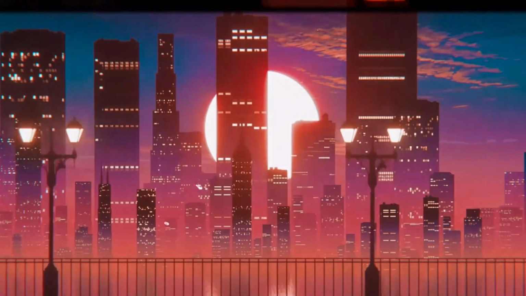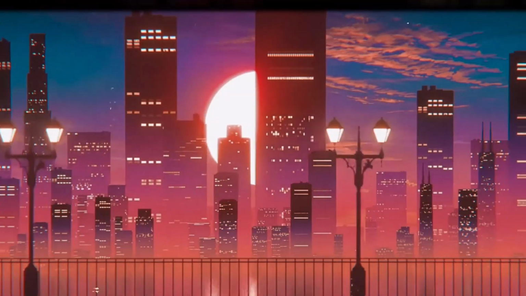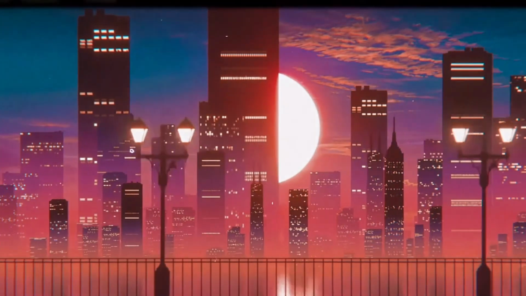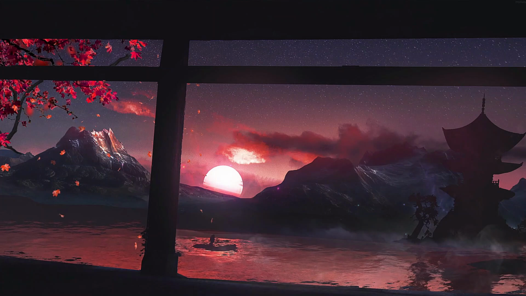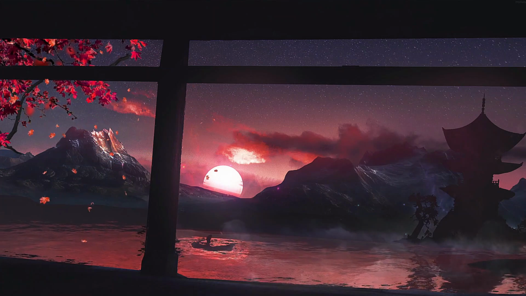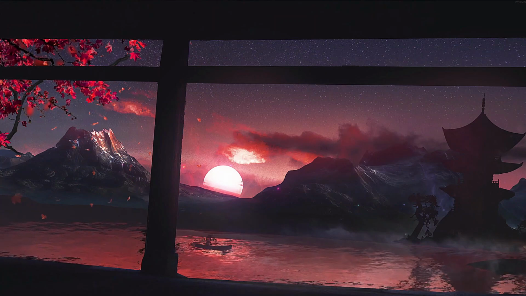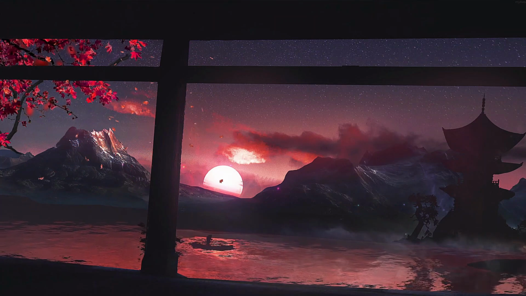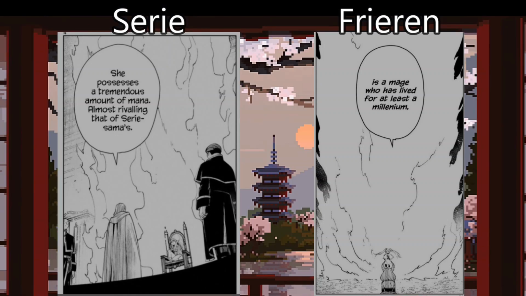and is implied to be much more powerful and possesses a large amount of mana that even Frieren can't compare to, since we know that Frieren has been restricting her mana ever since she met Flemme, and now other mages see her mana as if it is equivalent to an old experienced mage. However, when we see Sere and her mana, it is immense and looks like how Frieren's does when she removes her restrictions on her mana.